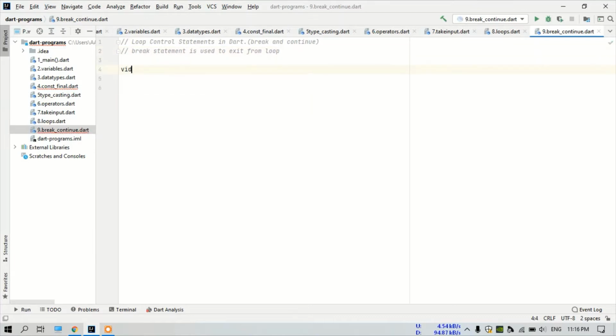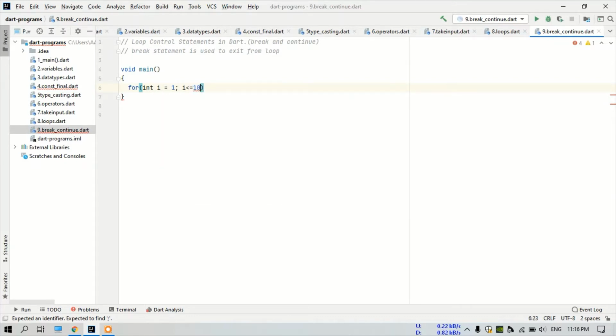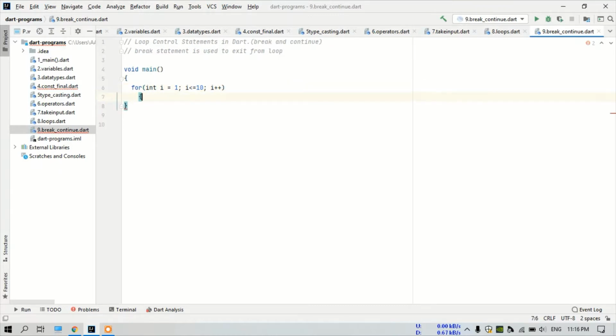Let's go for practical. Void main as start my main method, and inside it I will write for loop, and I will initialize i with 1. i is less than or equal to, let's say, 10. I want to iterate 10 times, i plus plus, and now inside it I will print